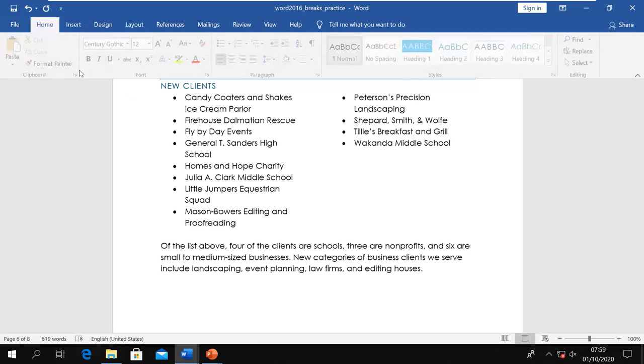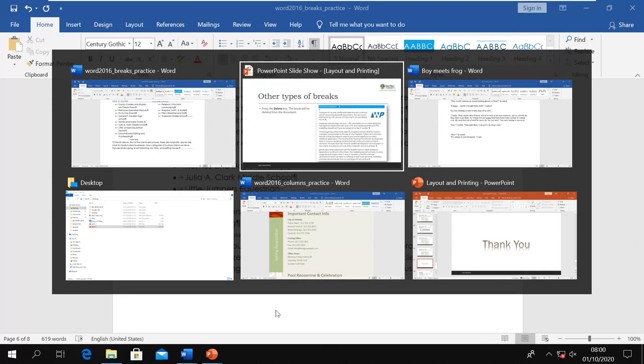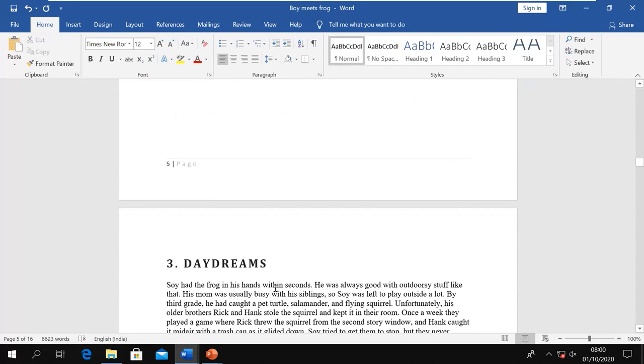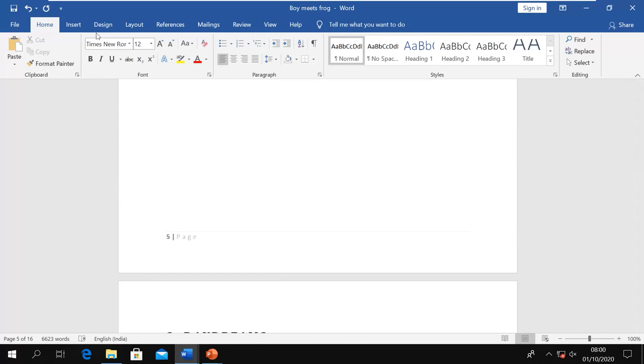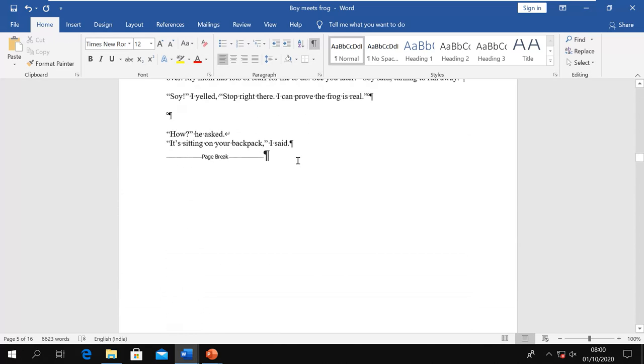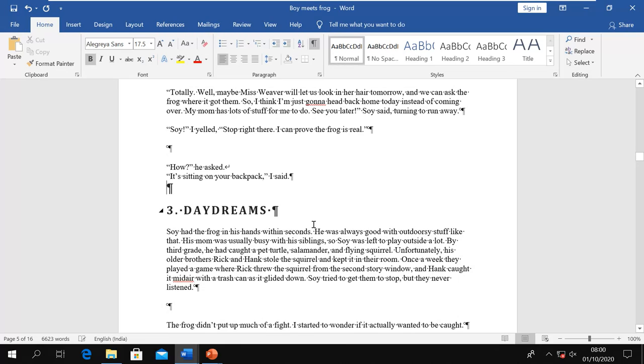So here it is not showing the break, so I can go here and click here. Now I can see the column break, and here also it is not showing the page break. So I go to home tab and click here, show hide. Now I can see the page break here. I want to delete this, so I put my insertion point there, and from the keyboard I press the delete key, and then you can see the text of the new section has come here. So I deleted that page break, and then you can remove it.